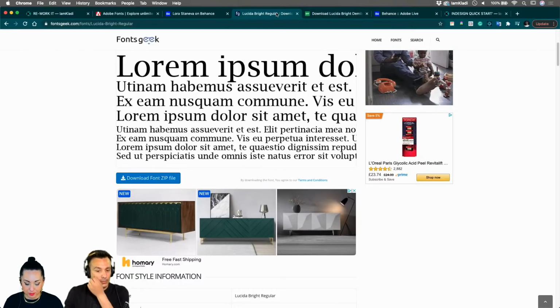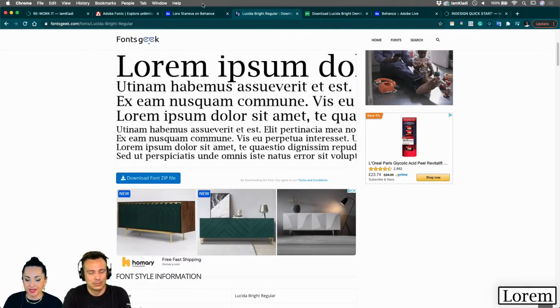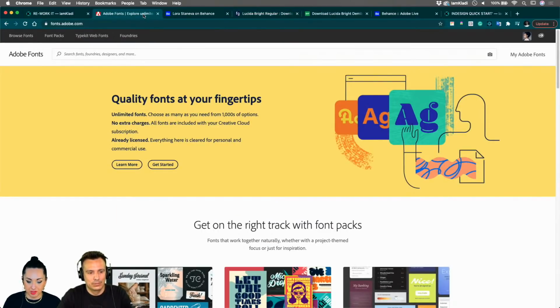Well, the first thing that I will do is take a screenshot of my fonts, just like so, and this is going to be now inside my computer. And you can take a photo with your phone. As long as you have an image of the font that is used, it can actually literally be from a record, from a printed element. And you can use fonts.adobe.com by clicking on the little camera here at the top.